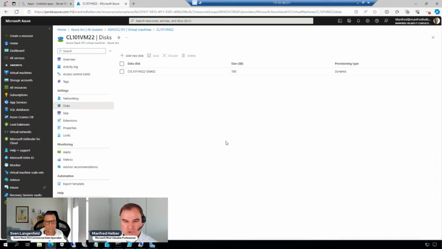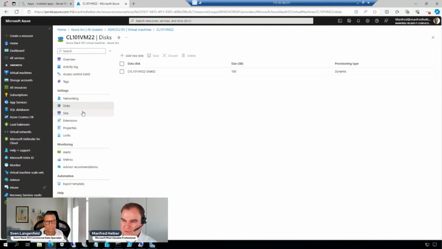Or let's imagine you are the partner that is managing several customers, and every customer has its Azure Arc Resource Bridge in an Azure Stack HCI environment. Then you can use Lighthouse, and you could say, okay, let's put a disk on every file server at every partner site. Or let's add an additional disk to a domain controller, or let's increase the amount of virtual CPUs on all domain controllers in all environments from 2 virtual CPUs to 4 virtual CPUs, because maybe we have new requirements. So this is really, really cool and powerful.